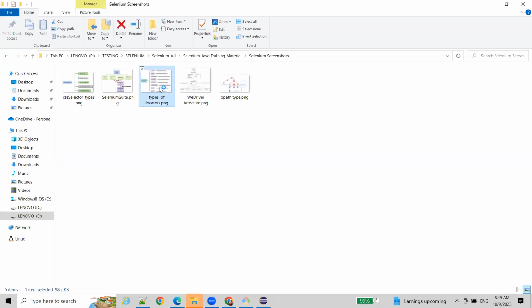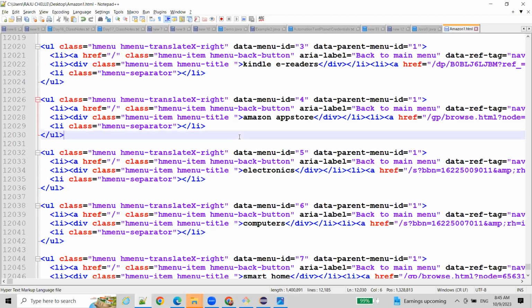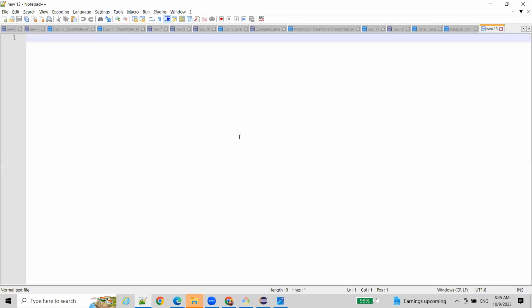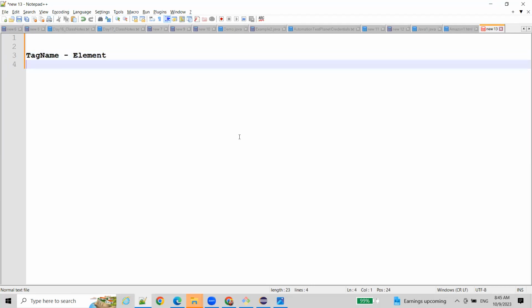Okay, basically, while implementing HTML code, HTML developers put in properties for the tag. The main properties: the first one is tag name. Tag name is nothing but the element. For this tag name, they put properties like ID,